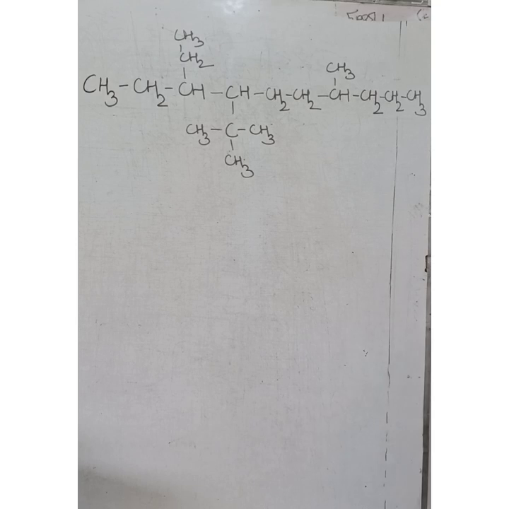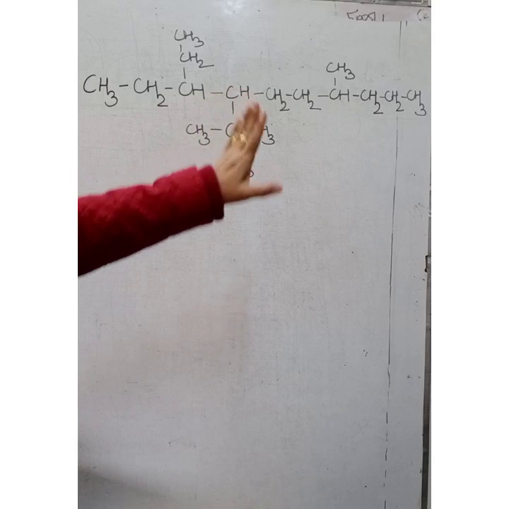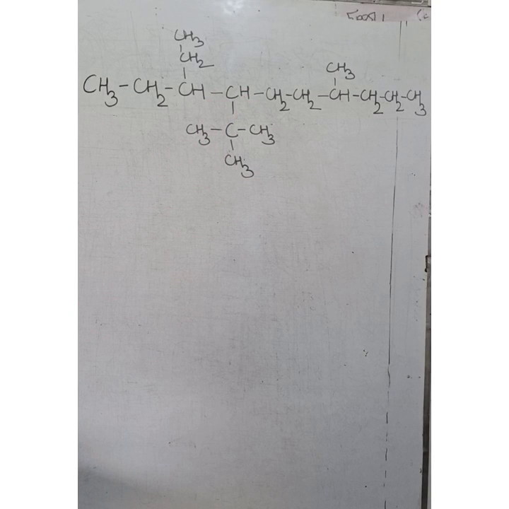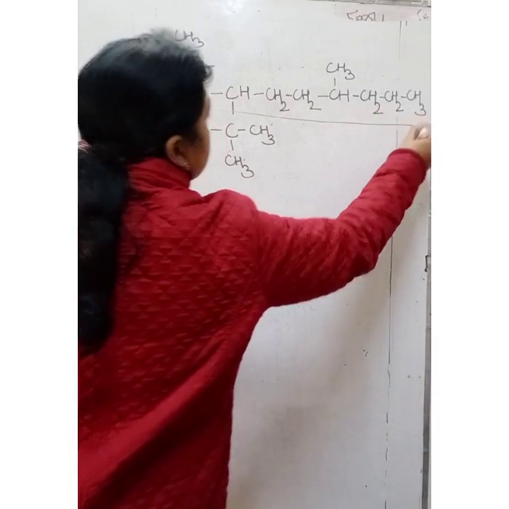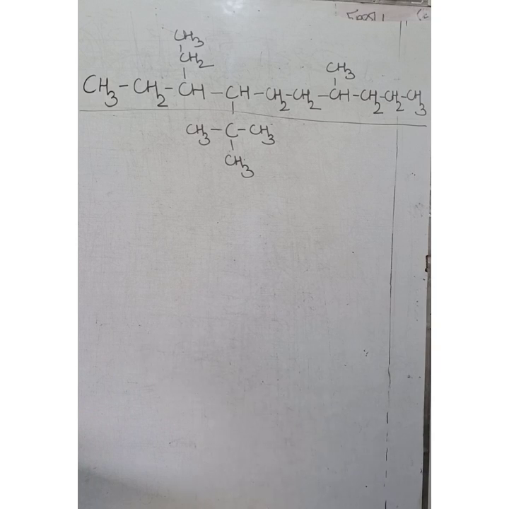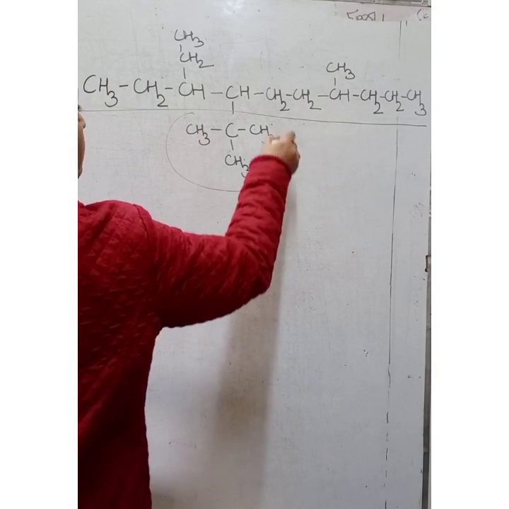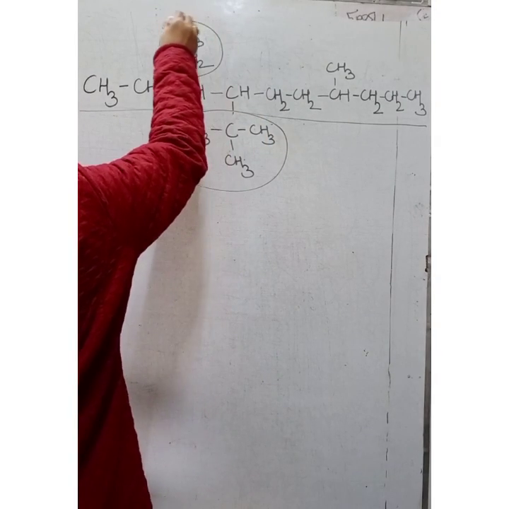Let us take another example. Just observe this organic compound. There is no functional group present here. It's a pure hydrocarbon chain. Now, according to the first rule, select the longest chain of carbon atoms. So, just look at all the possibilities, and you will find that the straight chain is your longest chain. Then, all of this becomes your substituent groups.